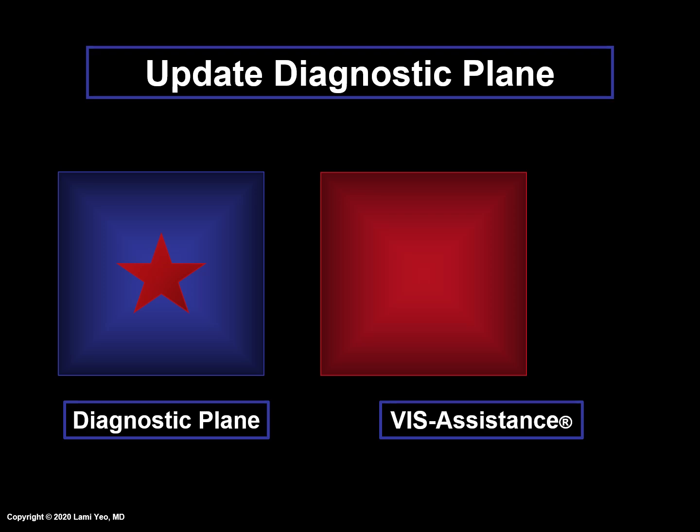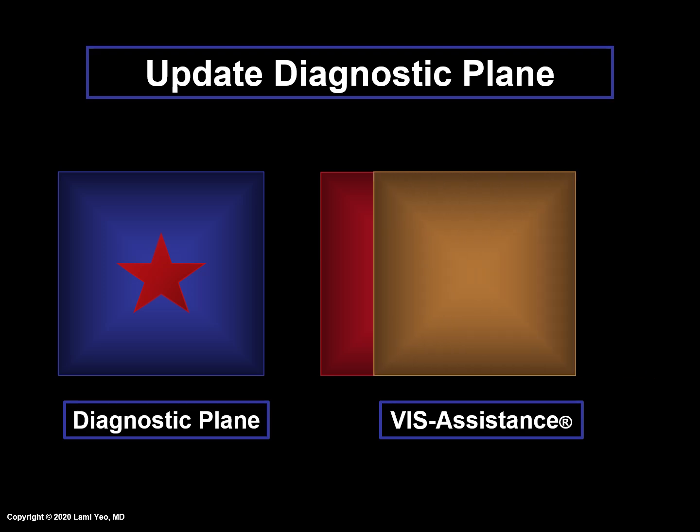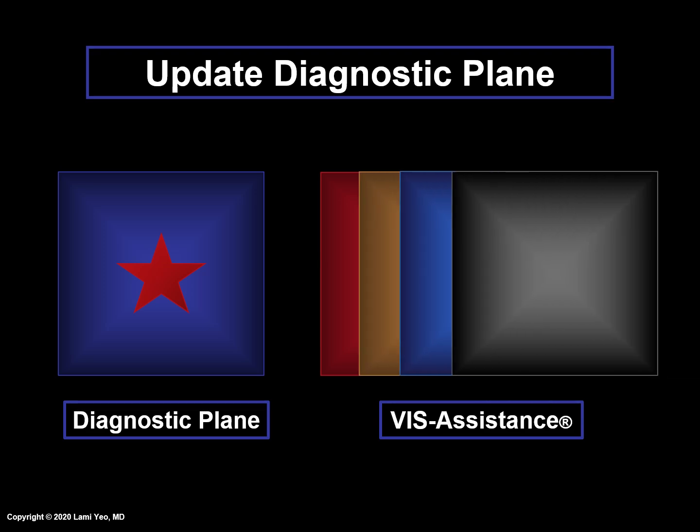After activating VISA Assistance, the original aortic arch diagnostic plane is on the left side, while the VISA video clip plays on the right side. As already discussed, the video clip contains numerous frames. The user decides that one of the images in the VISA video clip, indicated by the blue triangle, is more appropriate and wants to replace the original diagnostic plane with this new image.